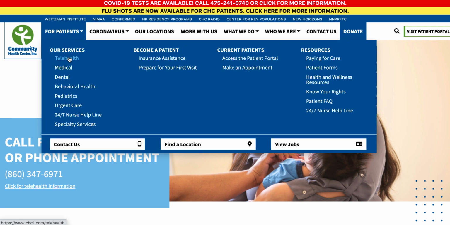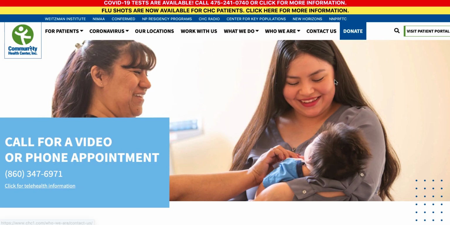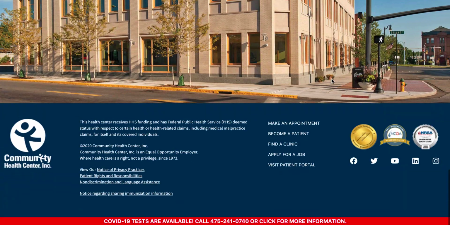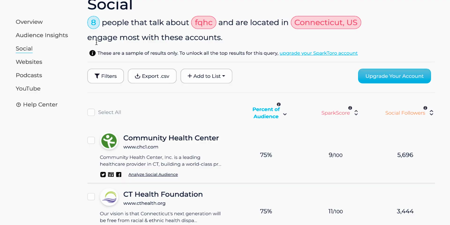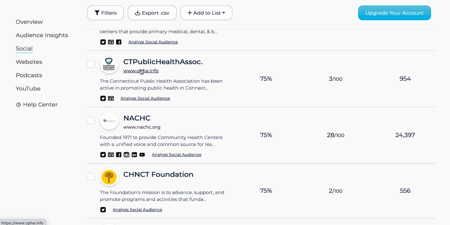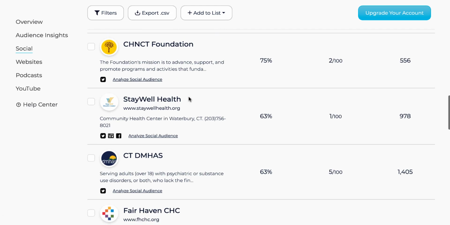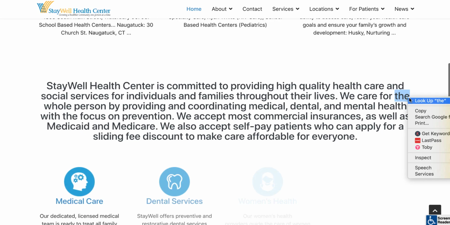And you can see that this is an actual health center. So prospecting becomes a lot easier when you look at these different types of websites. Now, this site right here is done very nicely. So this most likely wouldn't be a target client unless they reached out to us. But you can see these different types of companies inside of here, CT Health Public Association, and you can start to really understand what's going on inside of your vertical by looking at an all-in-spectrum approach.